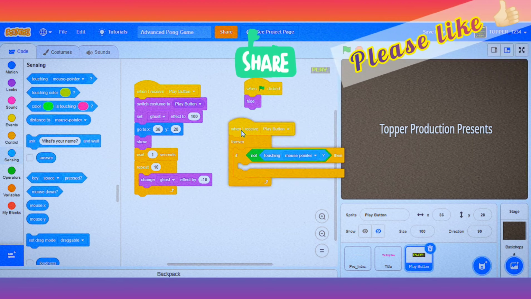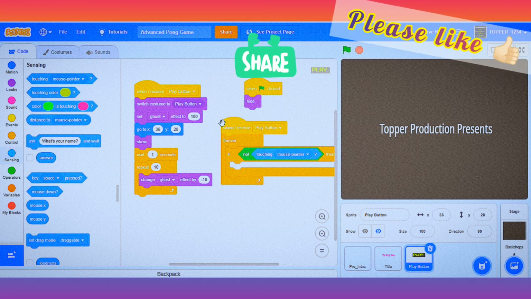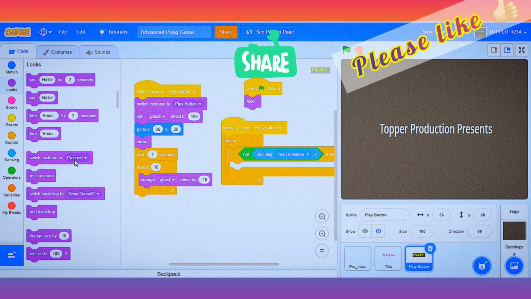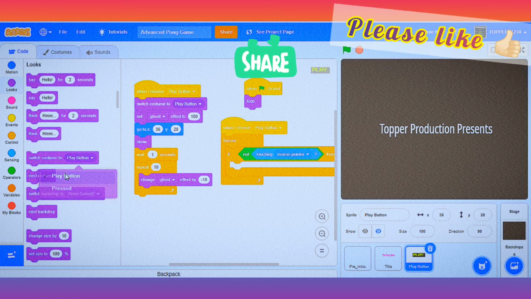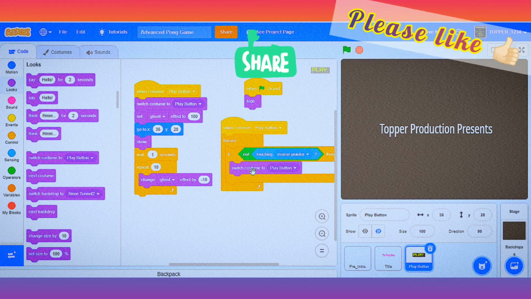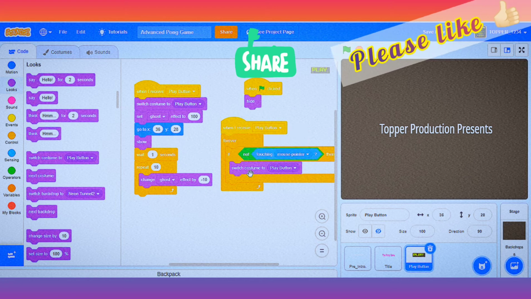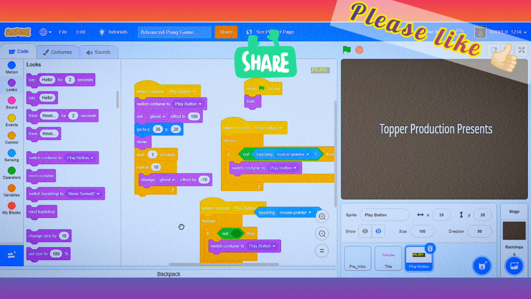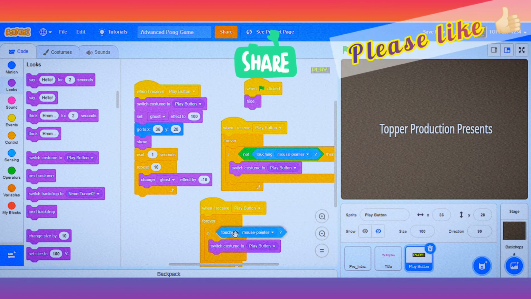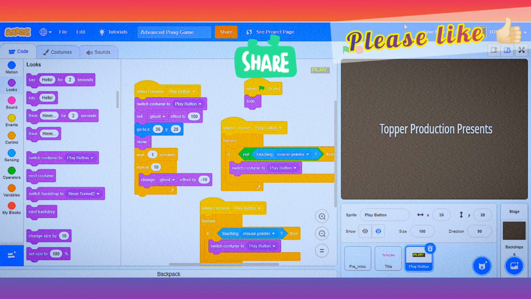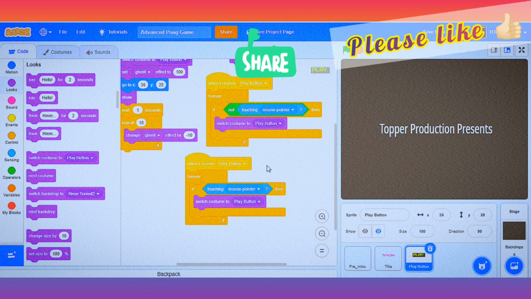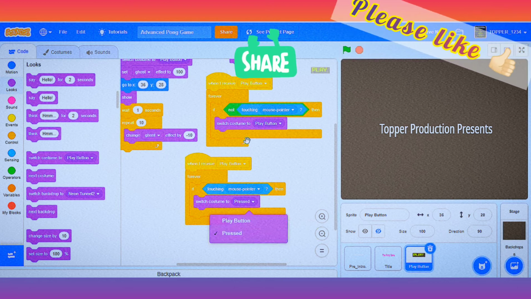So our condition is that if not touching mouse pointer, then go to looks and select switch costume to play button. Now we'll duplicate it and remove not. Now our condition is that forever if touching mouse pointer, then switch costume to pressed.